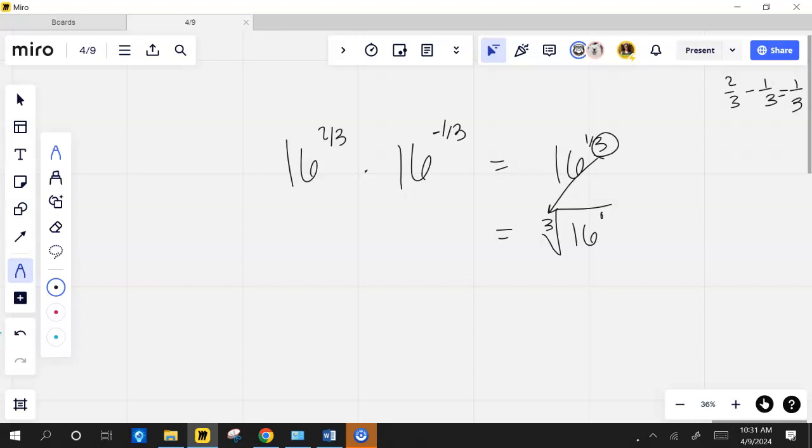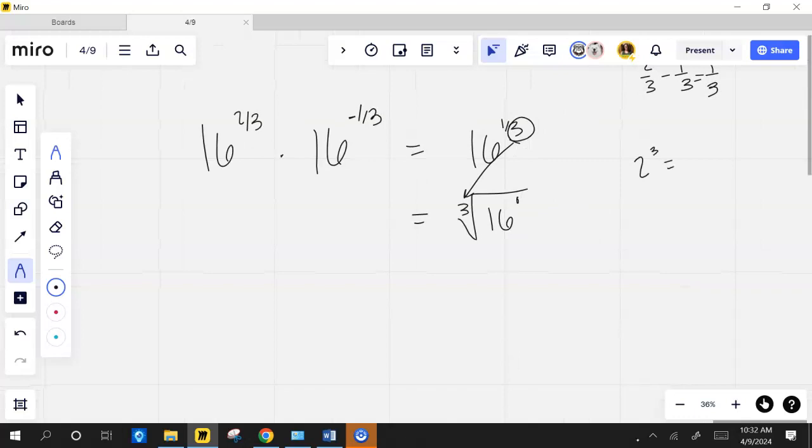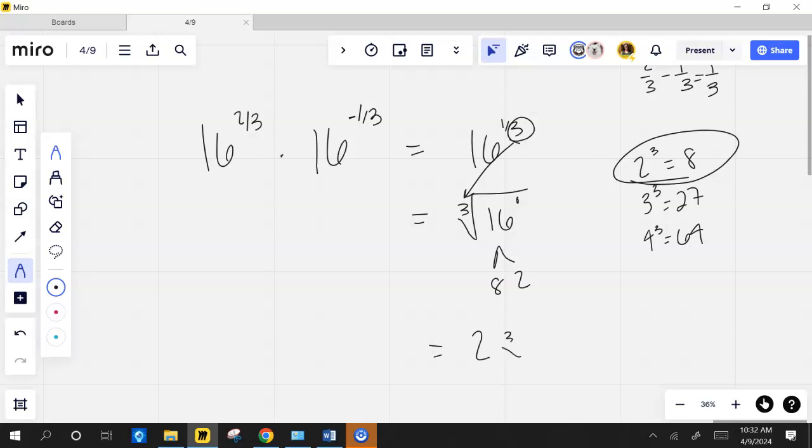So now I want to see if I can break it up. Is there a perfect cube you can divide 16 by? Which one? Perfect square, so go cube, but you're right. 16 is a perfect square. We're talking about cubes, so to the third power. So this would be 8 and 2, so it would be 2 and cube root of